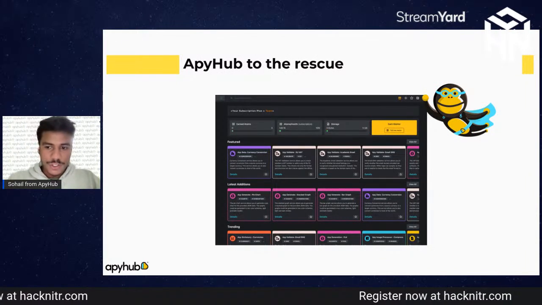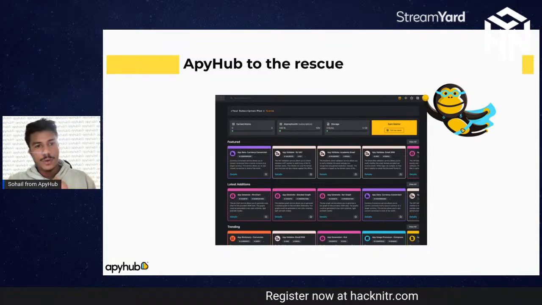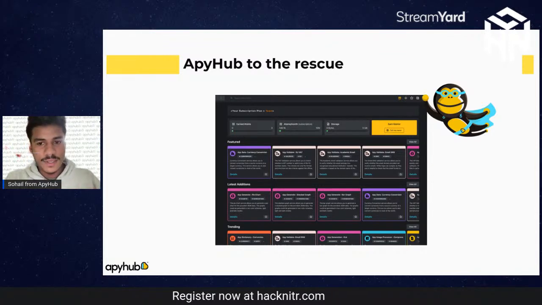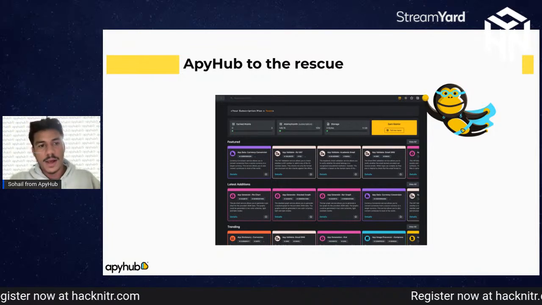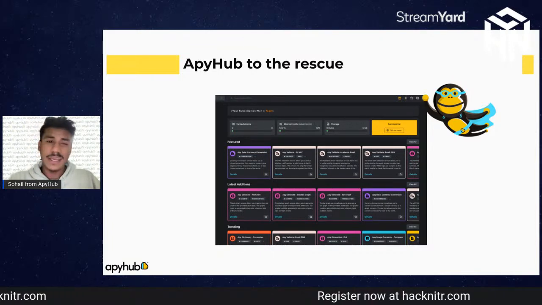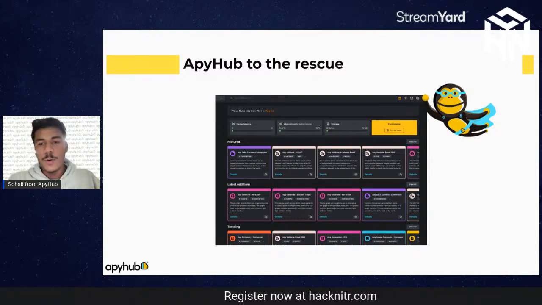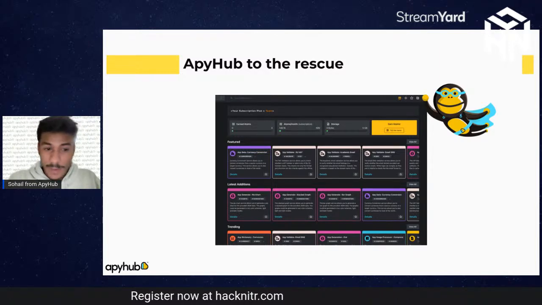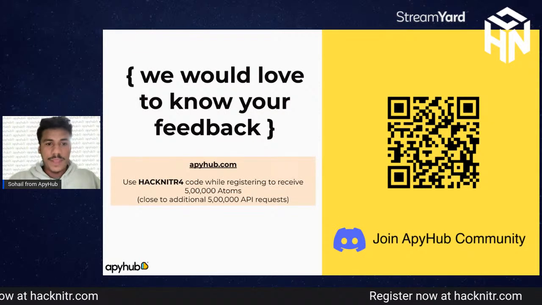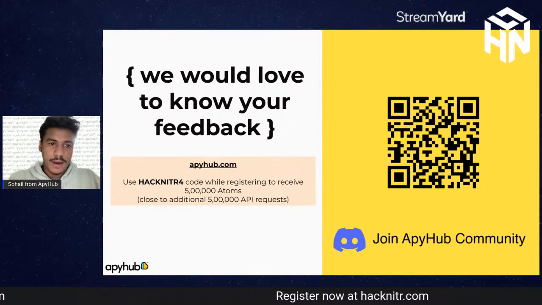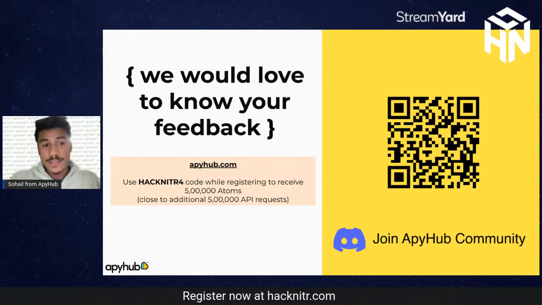If you have any questions regarding how you can use the utility as a service for your applications, I'm more than happy to take any questions from the developers outside. I'm really excited to know what you guys are going to build in this hackathon and how we can bring the value.